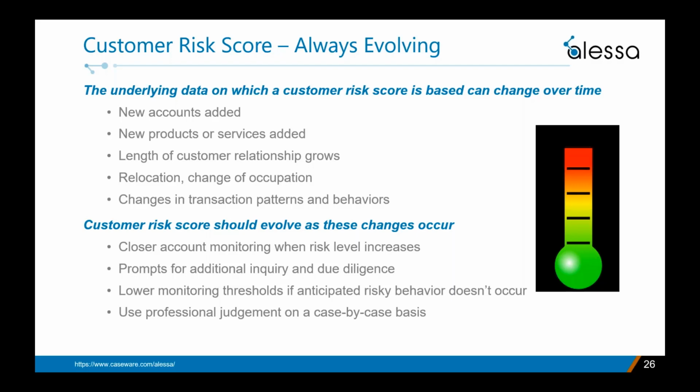As well, when a risk score changes, it may be a prompt that some further due diligence is needed. Maybe talking with the customer about what's going on with their business, looking into their business ownership structure more deeply if it's, again, a commercial account, and so forth. And just as a risk score can go up, it should also come down if the underlying risk is mitigated or found not to be as big a deal as you initially thought. And this is where your professional judgment comes into play. And your decision is going to be unique to that particular customer. Just make sure that you document your rationale in writing every time.